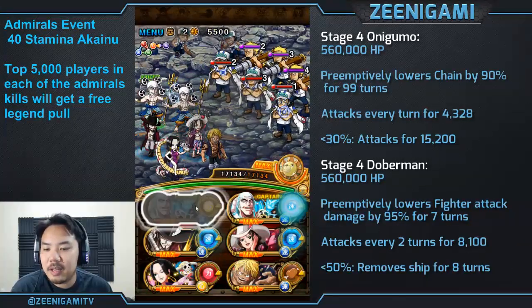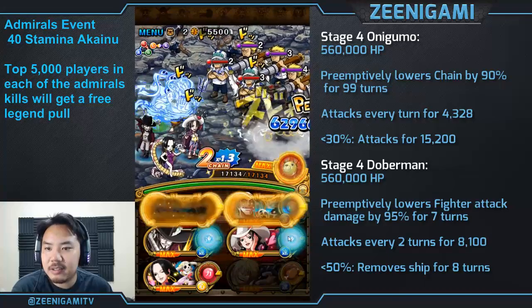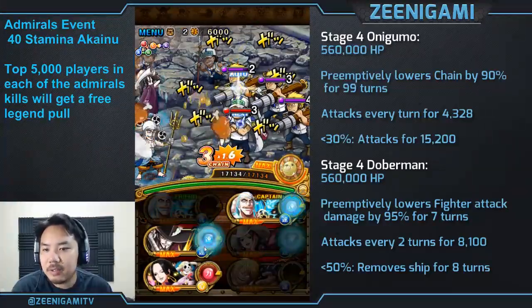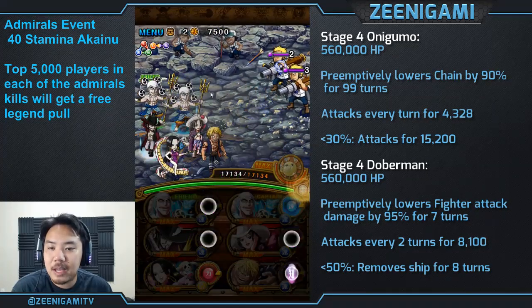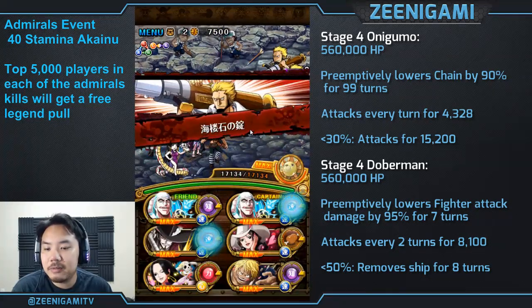Remember, on stage 3, you can always get Blackbeard, and he does hit for higher amounts, the higher difficulty you find him on. Like, if you find him on this difficulty, on 40 stamina Akainu here, he will attack you for